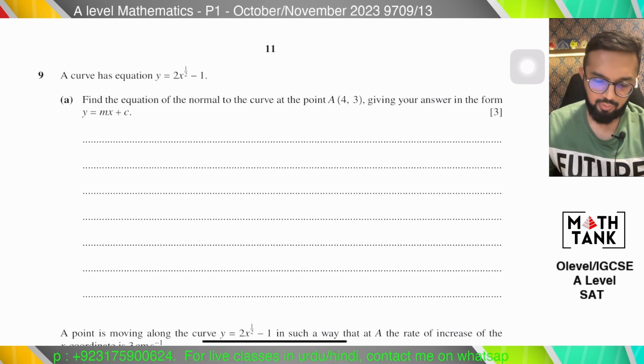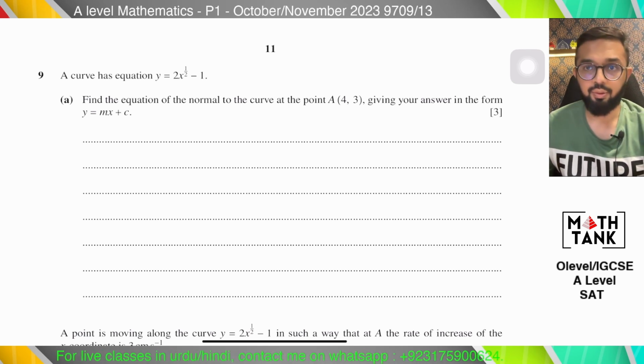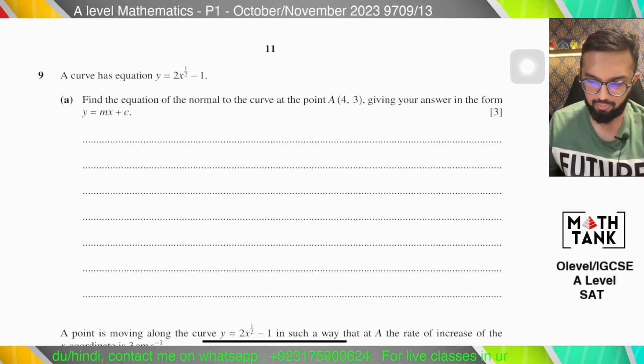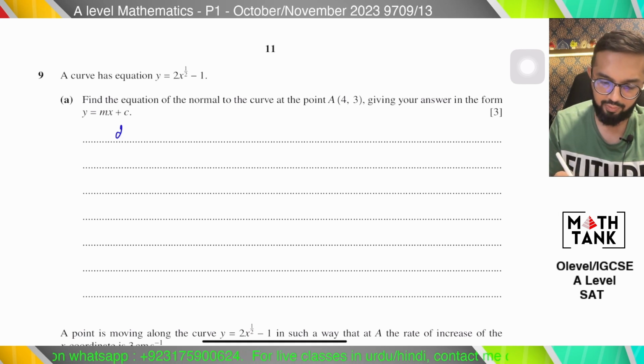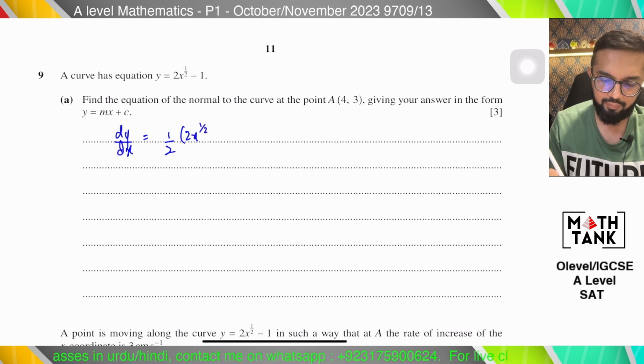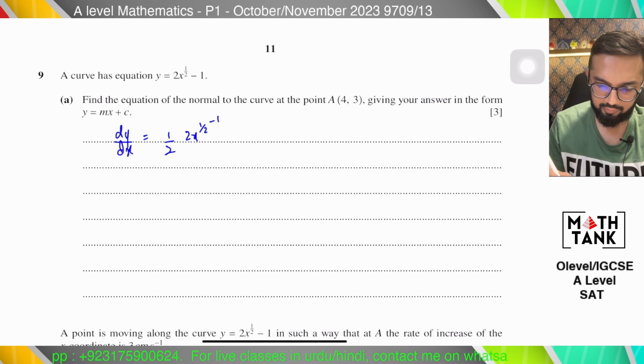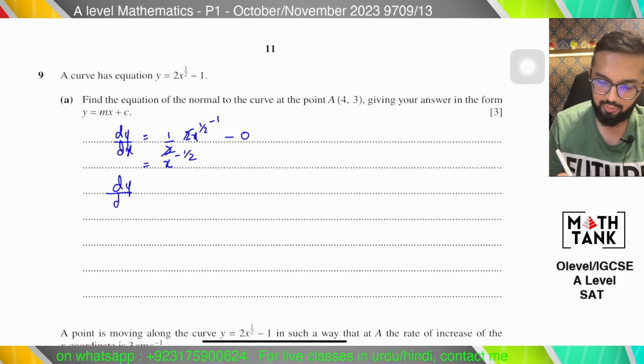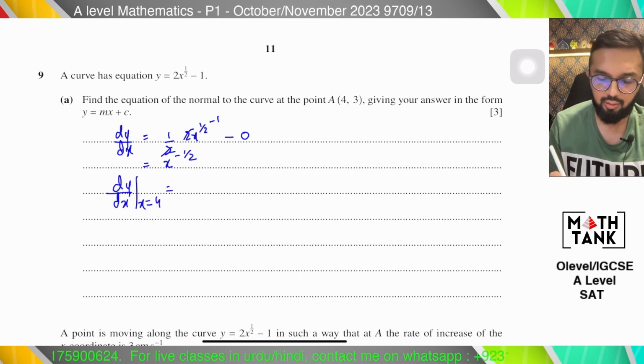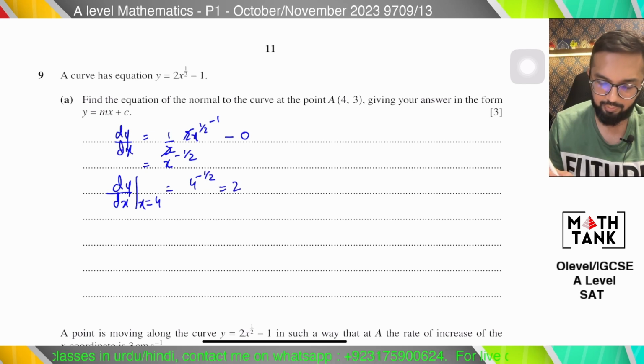Okay. Moving on to the next question, it says the curve has equation y equals 2x power half minus 1. Find the equation of the normal to the curve at this. So I first calculate dy by dx equals half times 2x power half minus 1 minus 0. Okay, so that gives me x power minus half. I use the point x equals 4. And I get 4 power minus half, that's 2, that's 1 upon 2. Okay, and that's the gradient of tangent